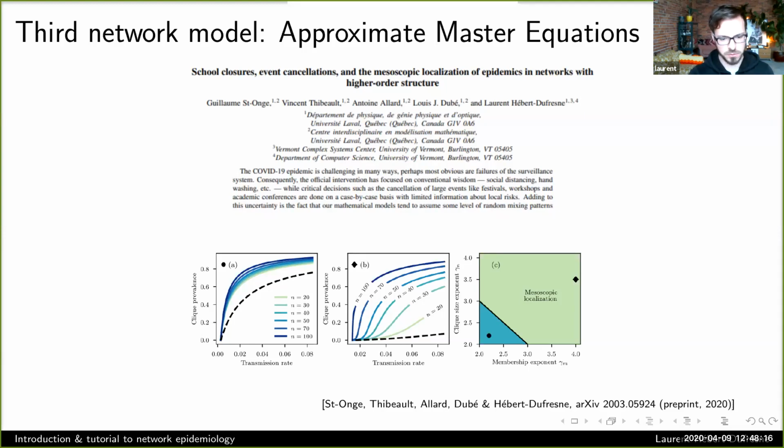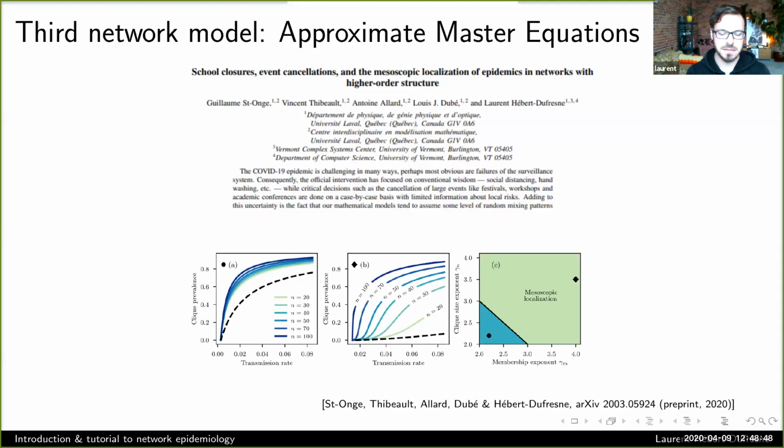And in panel B, what we show is the black dotted line, as a function of transmission rate, the total prevalence of a disease: really, really low. But within specific structures like large schools of 100 people, you can have a very, very high prevalence. So early on, that helped us think about why closing school is such a good idea, right? And you saw people on Twitter and in the news saying, well, there's only like 5 cases in our country. Why does that matter? Well, those 5 cases happen preferentially in schools and restaurants. So that's why it matters to close those places.